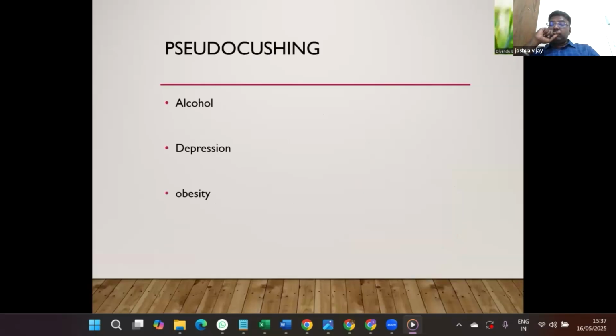Many times Cushing disease is confused with pseudo Cushing like alcohol, depression, and obesity. We have to take into account all the scenarios. That is why it is very important to correlate clinically, because in obesity there can be fluctuation in the level of cortisol. So for those things, we have to recheck it. Many times it needs several rechecks of the hormone levels. So we have to be very particular when we diagnose these hormonal